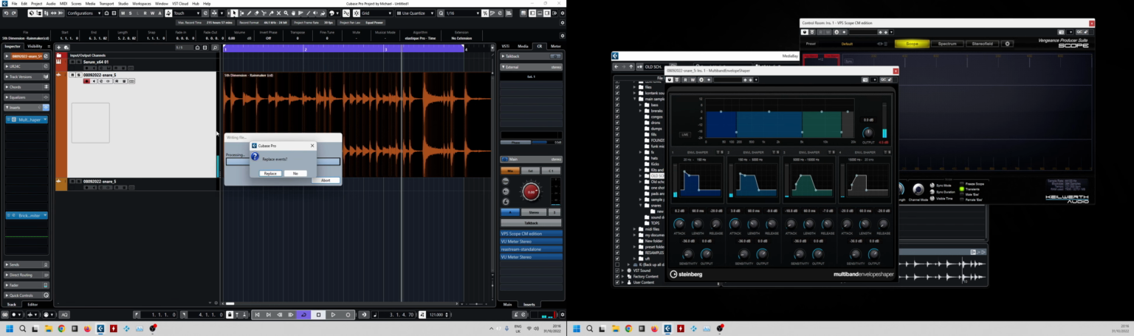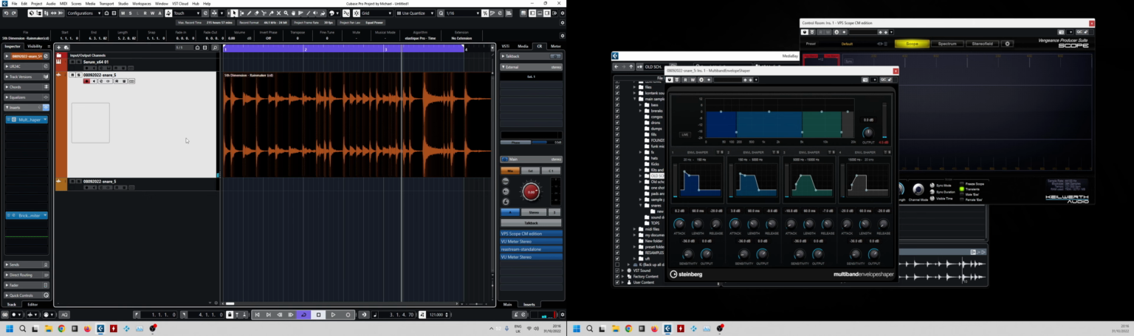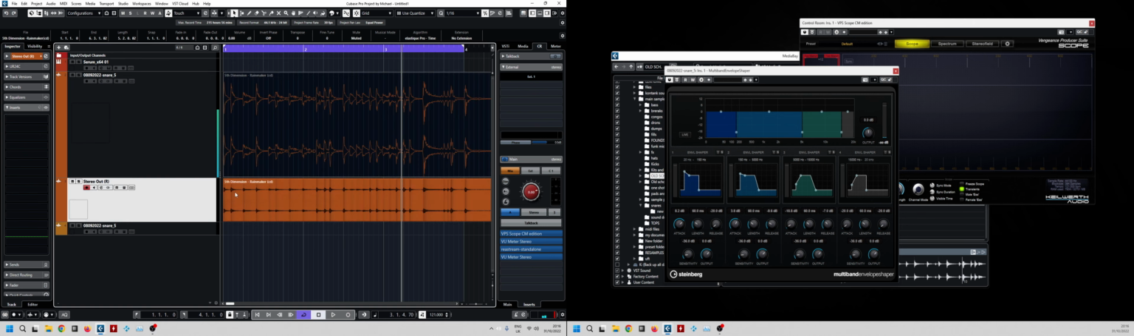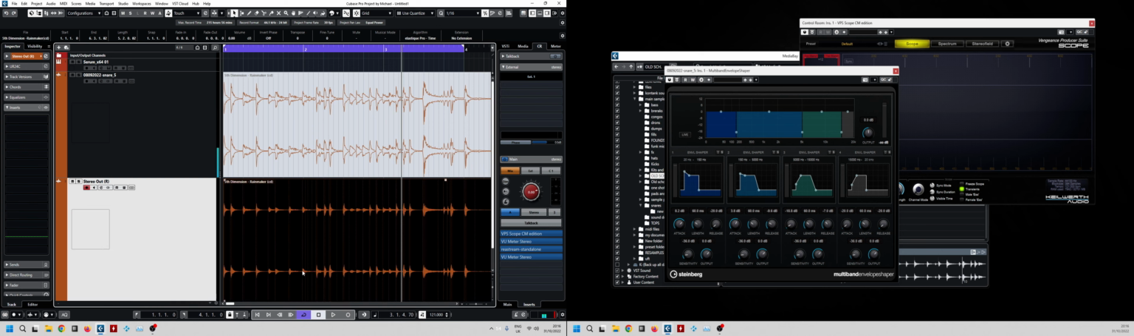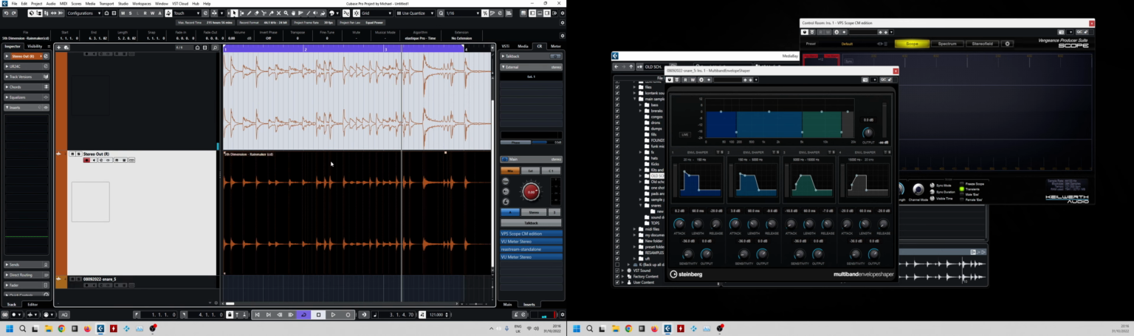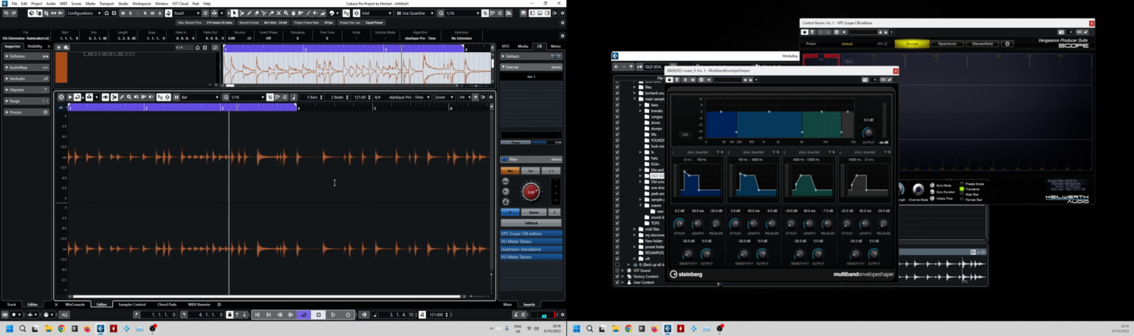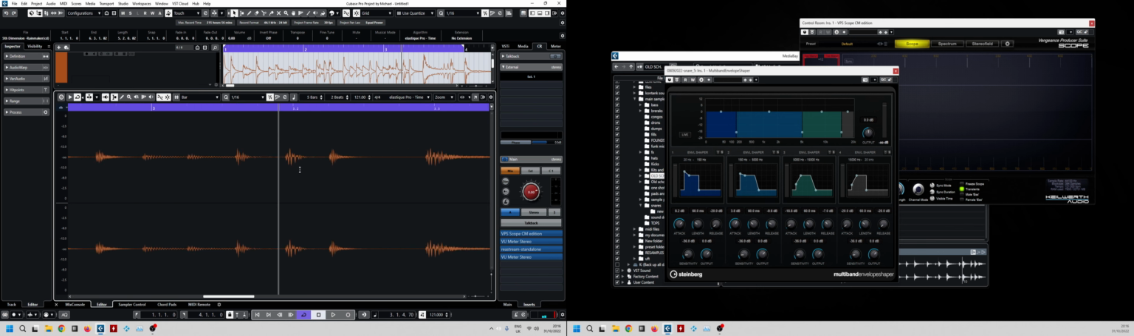You just bounce it out, and then there you had it. You would have these great one shots that you got from vinyl. That sounded really good, and if you look at the waveform, you can see here that some of the transients have basically